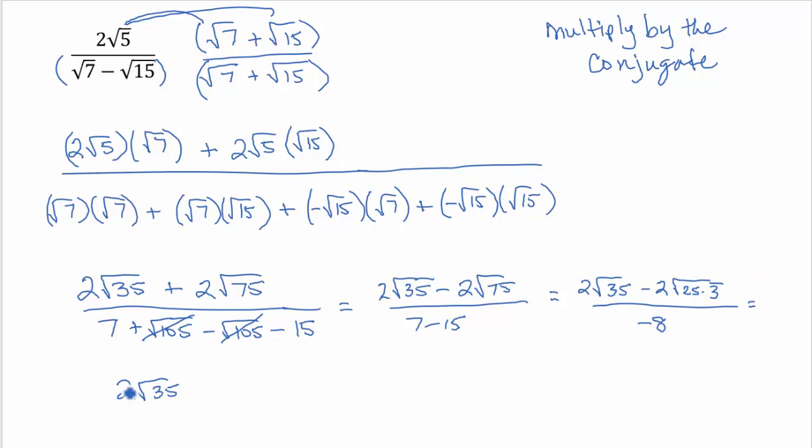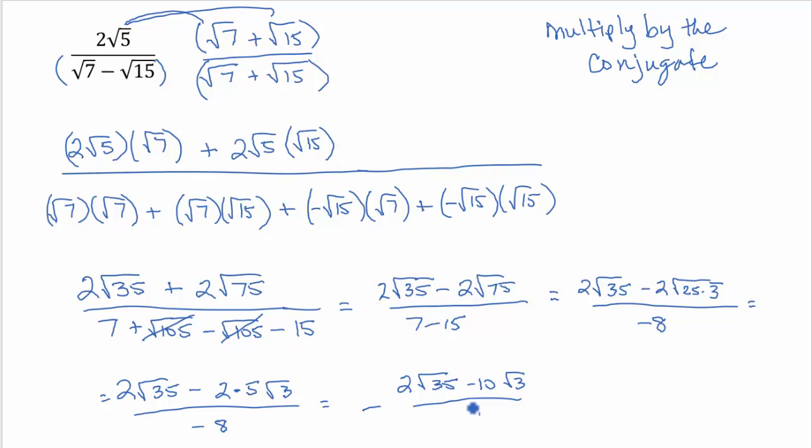2 times the square root of 35 minus 2 times 5 times the square root of 3 over a negative 8. So that's 2 times the square root of 35 minus 10 times the square root of 3 over, I'm going to put the negative out here, 8. And I can reduce that by dividing out a 2 and canceling. So that's negative 2 times the square root of 35 minus 5 square roots of 3 over 2 times 4. Cancel those 2's, and I get, for my final answer, I'm going to write it up here,